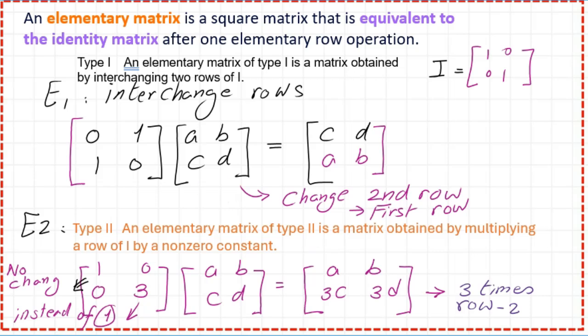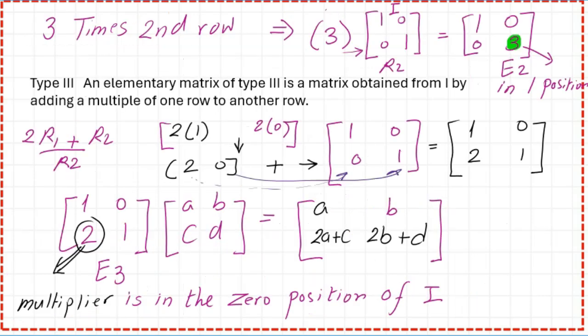We'll move to the next slide, and we are going to check the third type. Here, we put the 3 here, we multiplied by 0, so we have 0, and 3 multiplied by 1 is 3. The third type is an elementary matrix which is obtained from the identity matrix by adding a multiple of one row to another row. Suppose you want to say, I need 2 times row 1 added to row 2. This is the operation 2R1 plus R2, put it in R2.